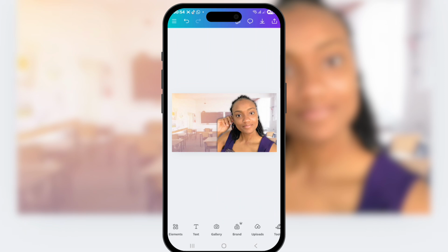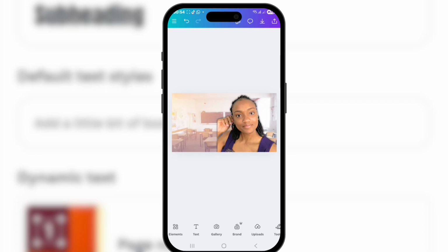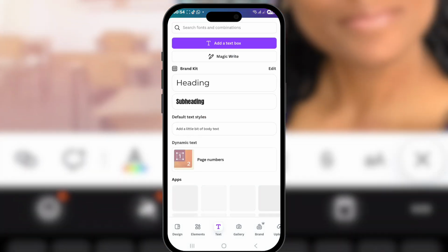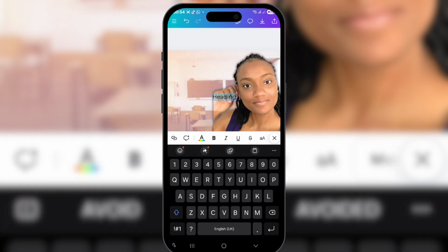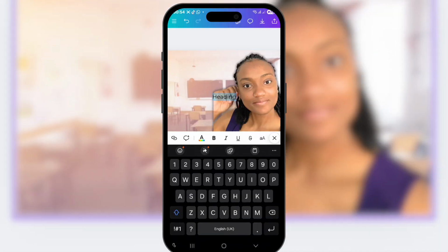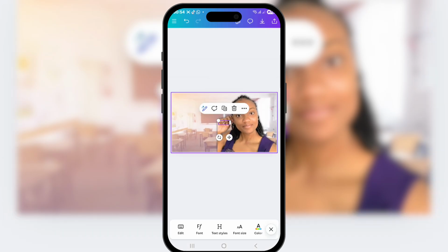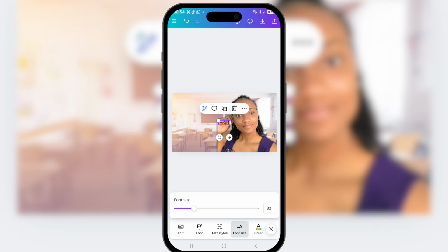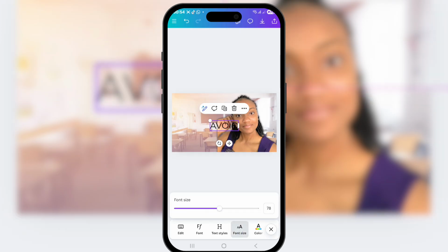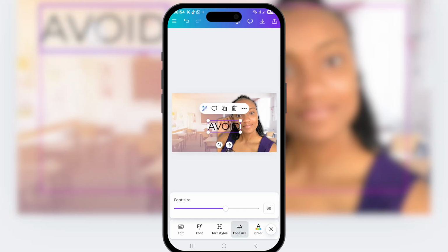Next thing, I think I'll move on to adding text to my YouTube thumbnail right now. Okay. So I'm going to select text and then go to heading. So I'll be able to edit and write whatever I want to add to my thumbnail. So here I want to write avoid these mistakes in my text. So I'm going to start by writing avoid. I'll increase the size